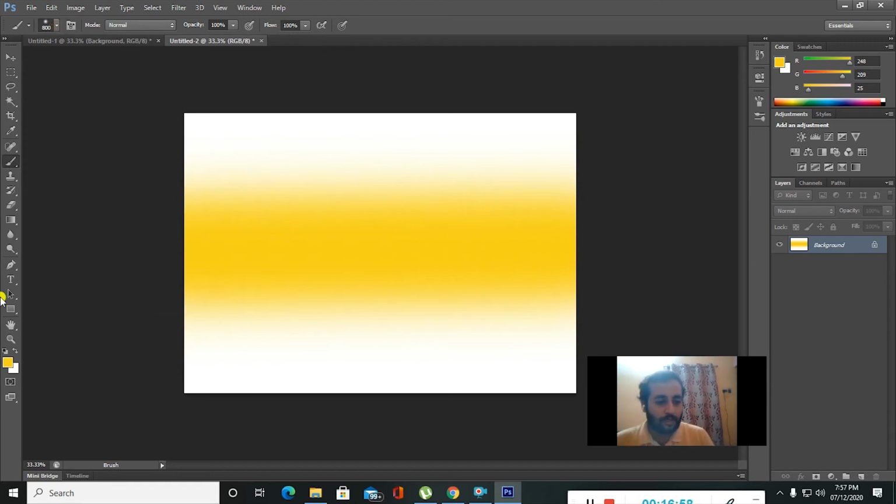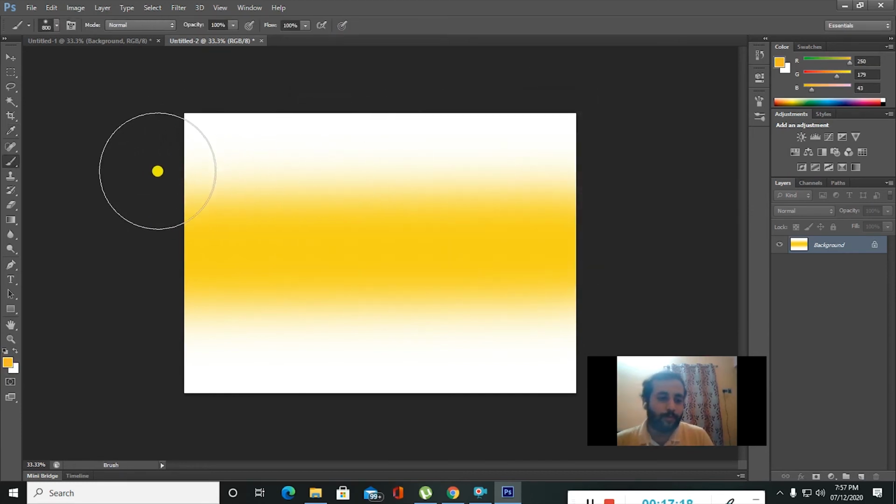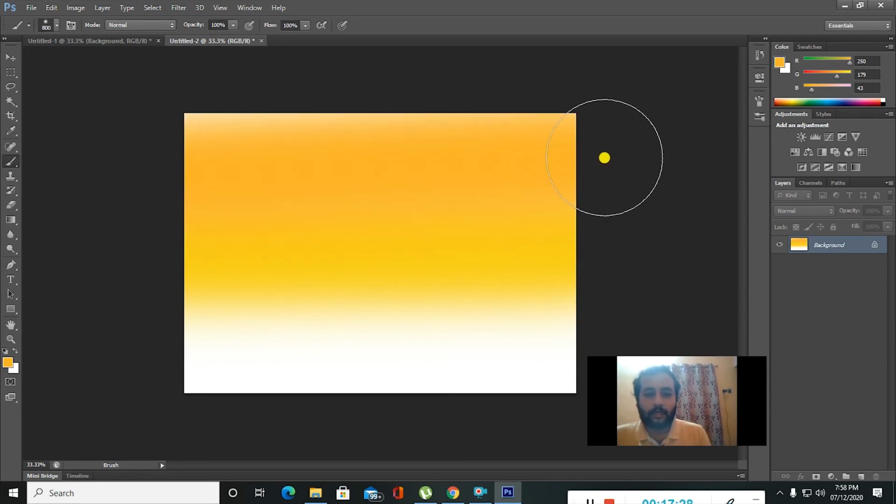To select orange, again open the color palette, place the slider a little bottom so you'll get light orange. Select the light color and then click OK. Place your cursor and make sure it overlaps the yellow. Now click and release. Do the same on the opposite side, hold the shift key and then click and release. If you see, both the colors are getting merged. At the bottom I have yellow and at the top I have orange. I'm going to repeat it down. Again click and release, place it on the opposite side, hold shift and then click and release.